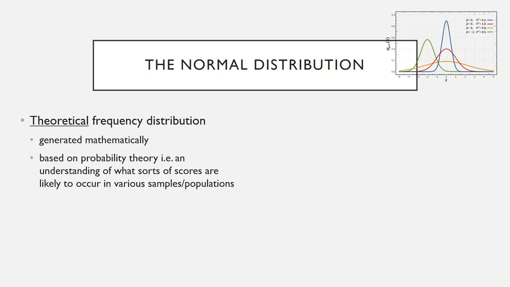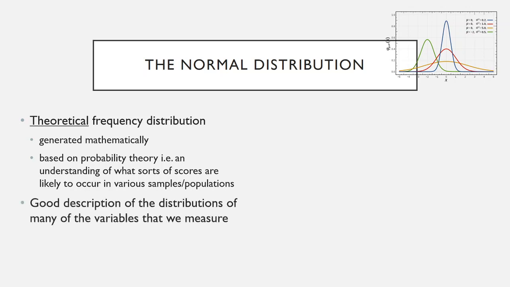It is generated mathematically and is defined by an equation. It was derived based on an understanding of what we call probability theory. So this is the idea that for certain sorts of variables with certain sorts of samples and populations, we can generally expect a certain number of more likely outcomes, and we can quantify which outcomes are more likely versus which outcomes are less likely. The normal distribution is generally a pretty good description of some of the variables in psychology